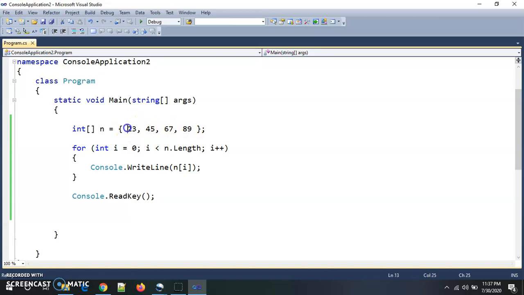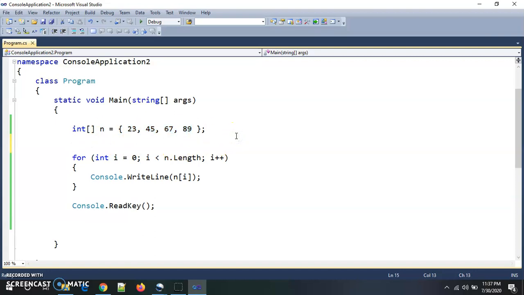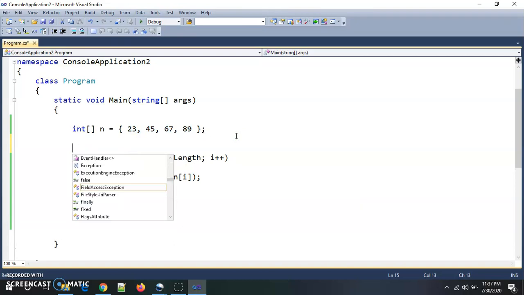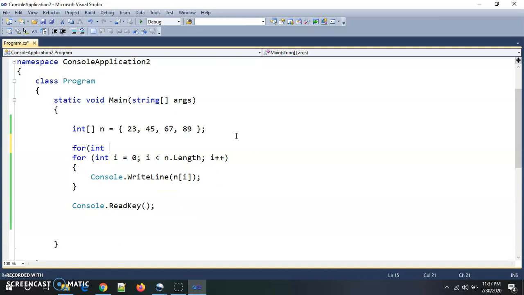Here we have given static values, constant values we are assigning to this array. If I want to store the values inside this array according to user choice, then I need to give one more for loop here.